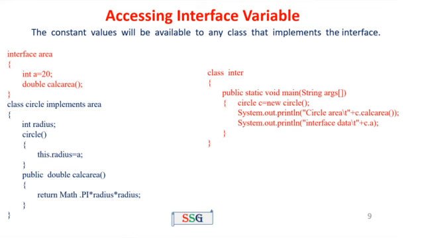Next, the object is created, c.calculateArea. At the time of creating the object, it calls the constructor function, this.radius equal to a. Now the value of a is 20, so 20 is assigned to radius. The next one, c.calculateArea means control transfers to the calculateArea function, then pi r squared, pi into 20 into 20. The answer is 1256. The next one, System.out.println(c.a). Here c is an object of the class circle, and c.a means the corresponding variable, that is the interface variable 20. Already I told that a is a public variable, so we can access the data from anywhere. So here the output is c.a equal to 20.